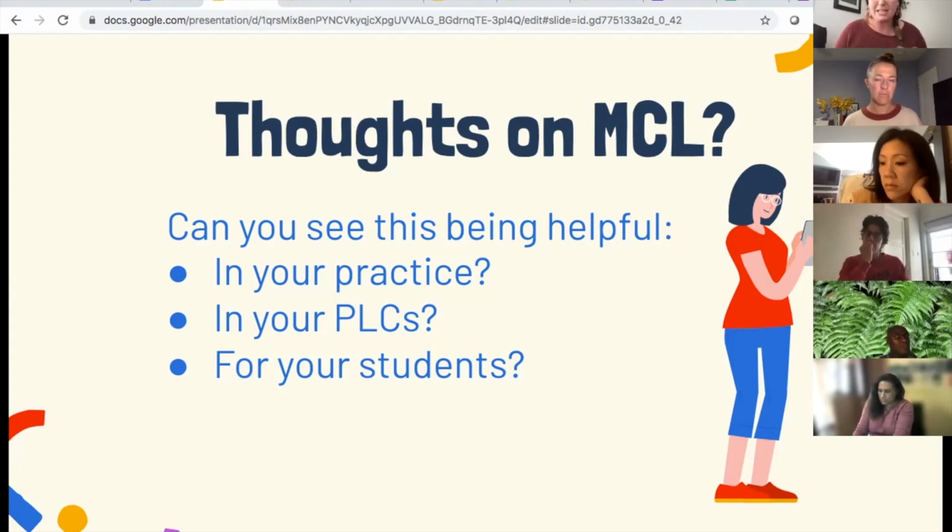Because ultimately they do have to explain their thinking on the performance task in Smarter Balanced, and it's worth a lot. Not that standardized tests are the end all be all, but that piece of it is very valuable. It's weighted more than just the procedural skill part. So if we can help them, oh my gosh, just make sure there's numbers and words in your explanation, that's going to help them. And also in the real actual world, which is how I started this entire thing. But I agree with you. If it's not a grade, they might need